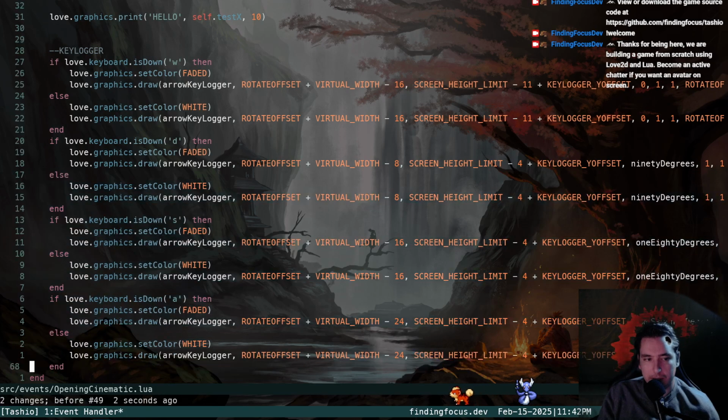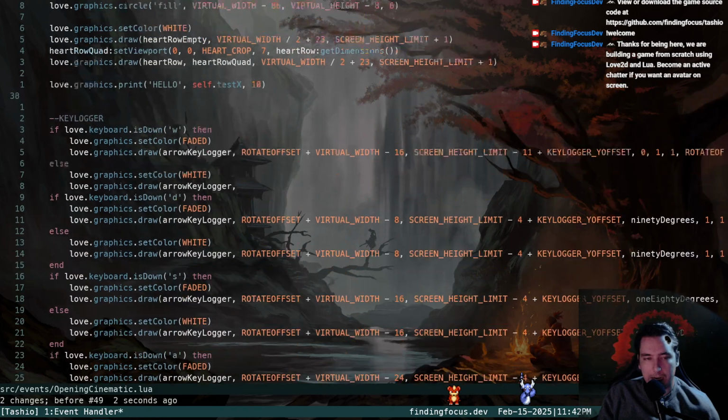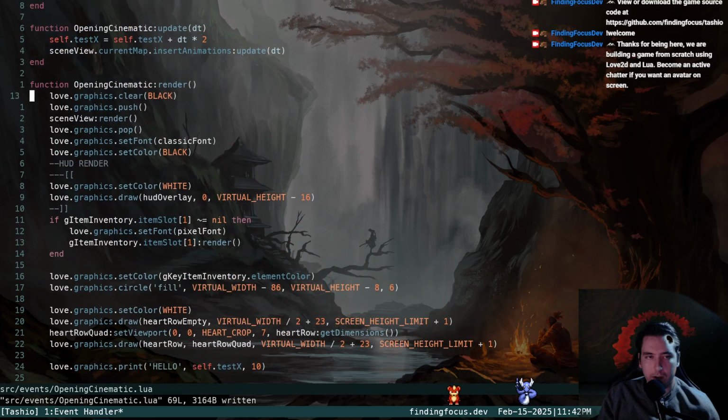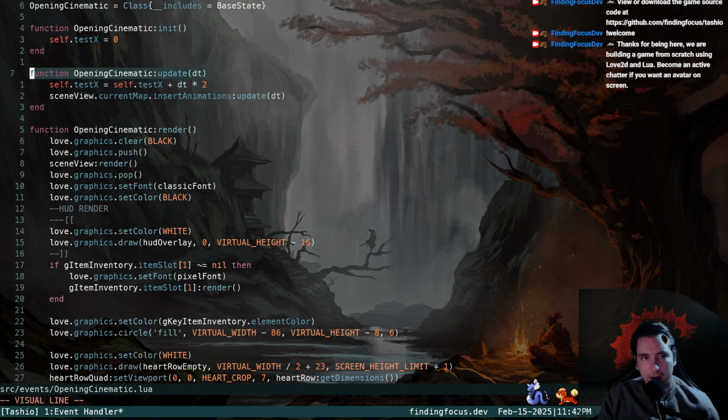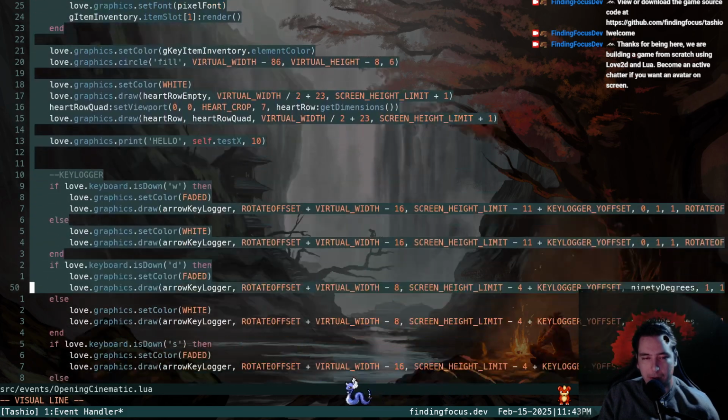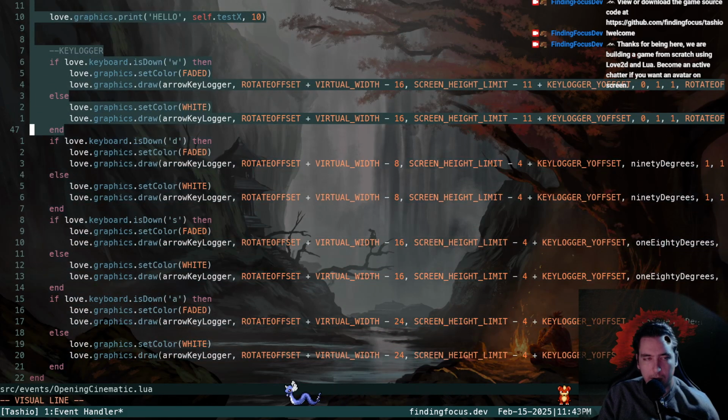It'd be nice if we can outsource all this to a base state render or a special state render, event dispatch render, something like that, because if we have 100 of these, I don't want to be copy pasting all of this same logic